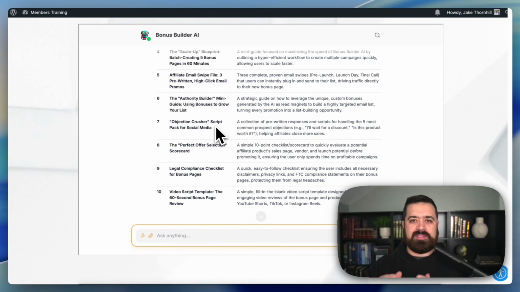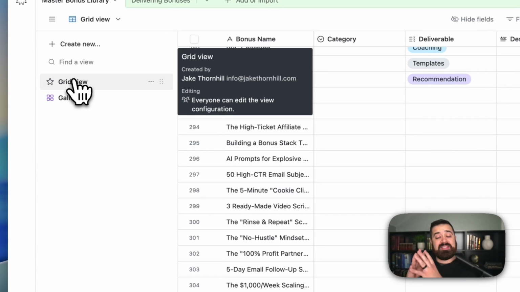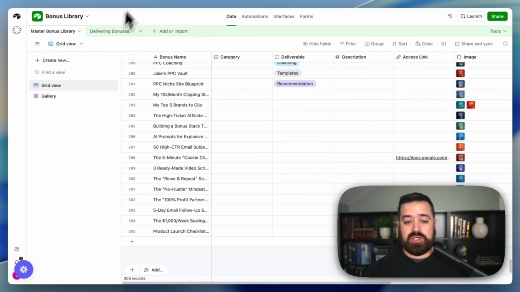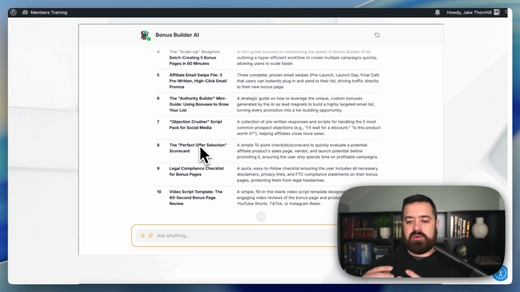And so it's going to take a little bit of time to create all these bonuses. Once it's created, I'm going to save it into a Google Doc. I'm going to come over here to Airtable. And again, I'm going to save that because now that is a bonus that I have that I can reuse in the future. And yeah, so we're going to save every one of those bonuses, and then we're going to build out our